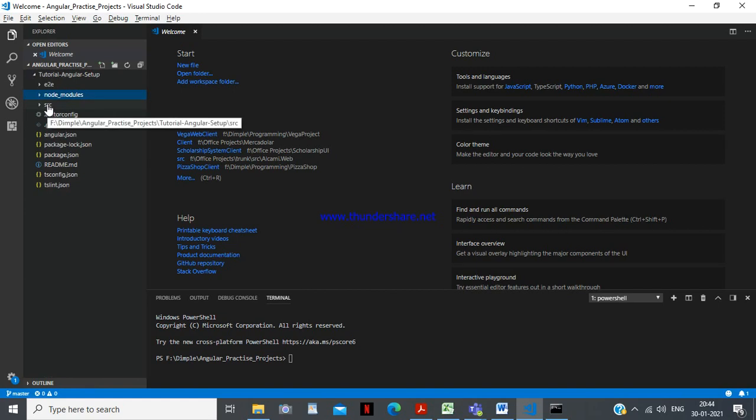Now src. This folder is very important for development purposes, and mostly we work in this folder only.